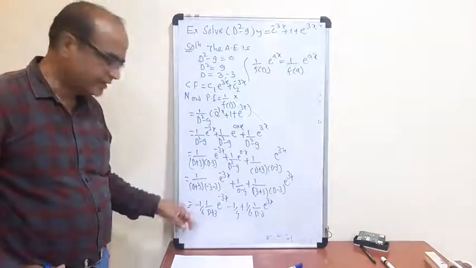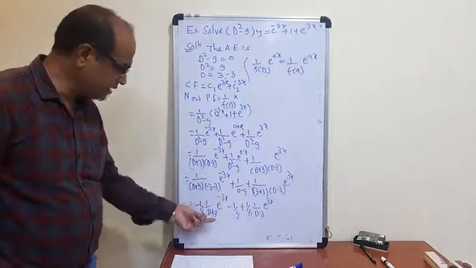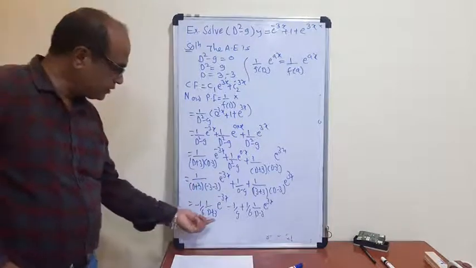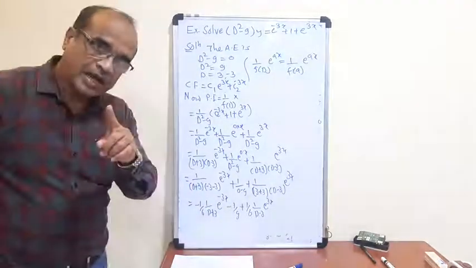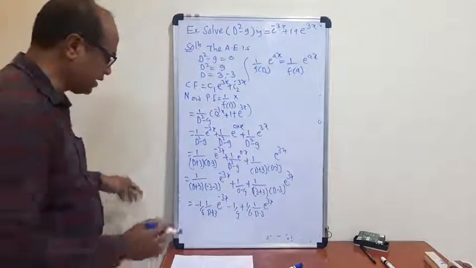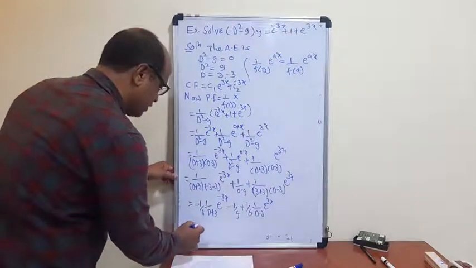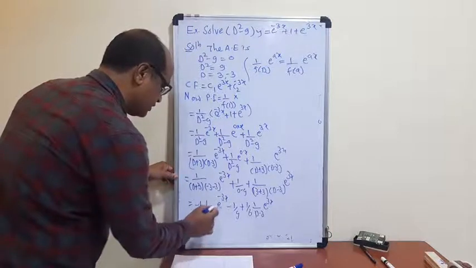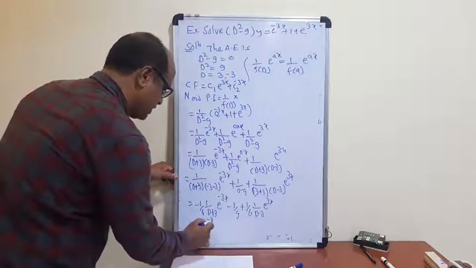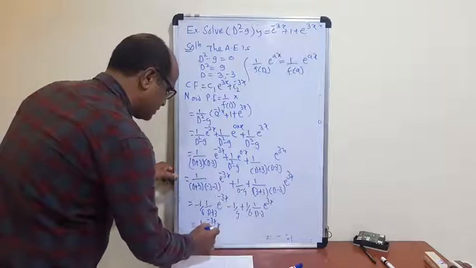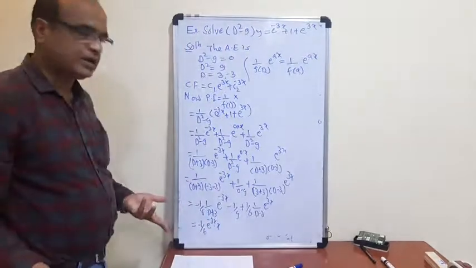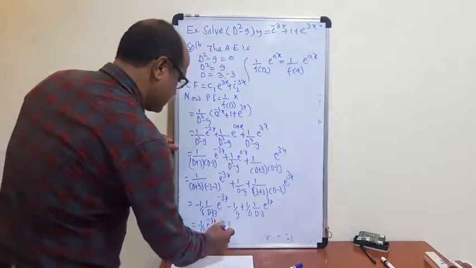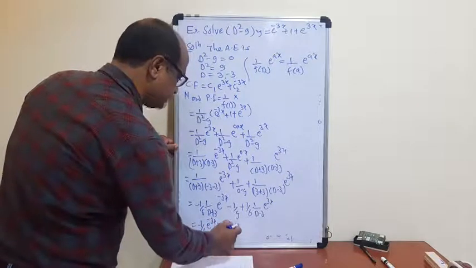How to find this? If we put d is equal to minus 3, this is a 0 factor, and the 0 factor is repeated 1 time. So then we directly solve here: 1 upon minus 1 upon 6 into e raised to minus 3x into x divided by 1 factorial, so minus 1 by 9, plus